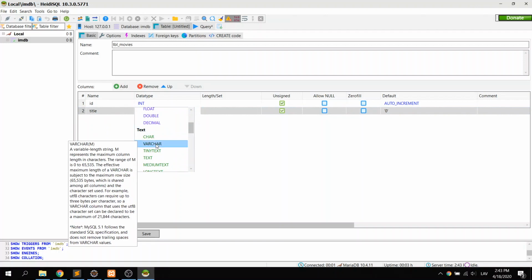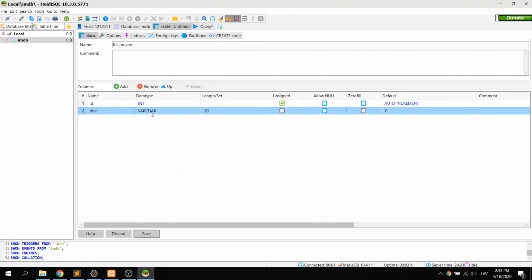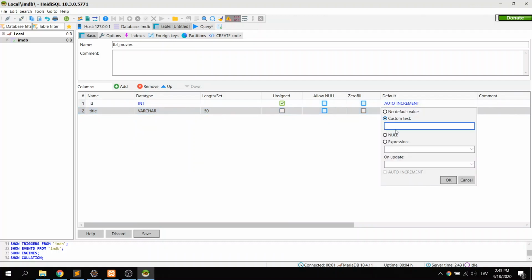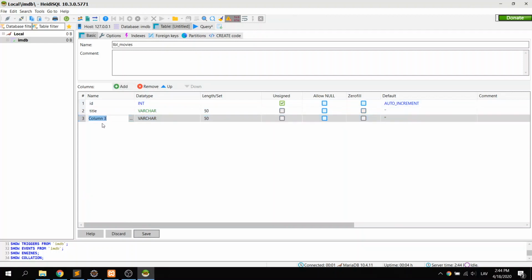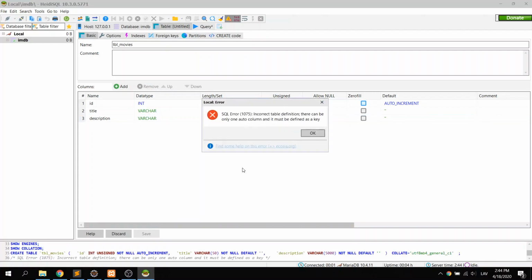The data type will be varchar, which means like a string in Java. I think 50 length is good enough. The default value we can set to empty string. We can also set it to null, but I like to have the empty string so we don't have problems in Java later on. Maybe description, which is also varchar, and this might be, I don't know, I think 1,000 characters might be enough, but I don't know. Okay, maybe 5,000. This will also by default be empty,